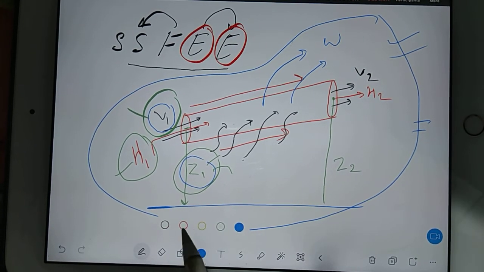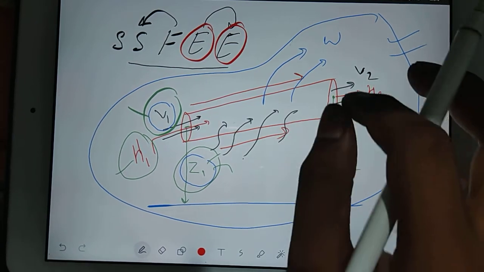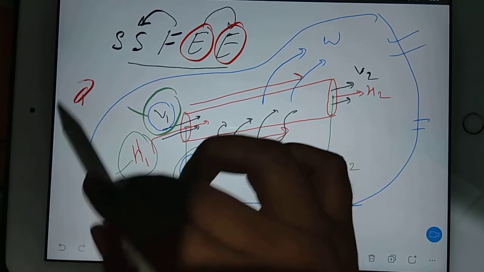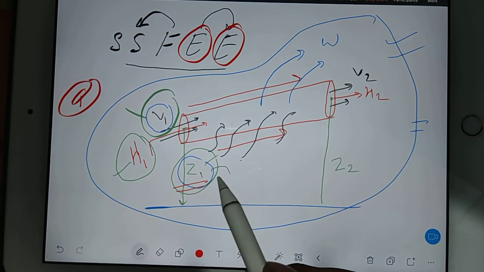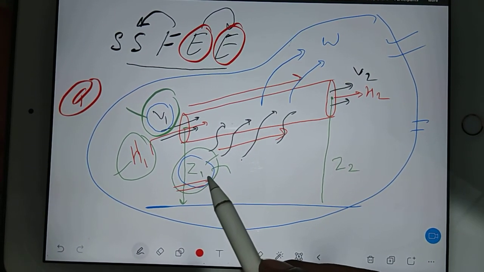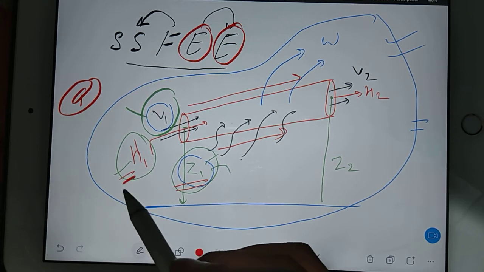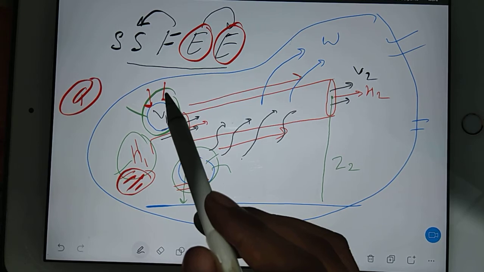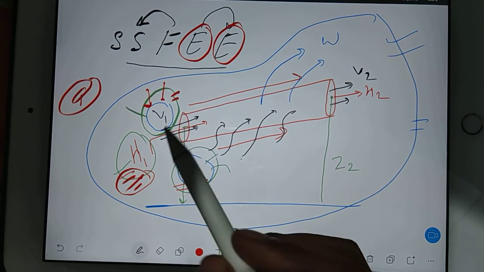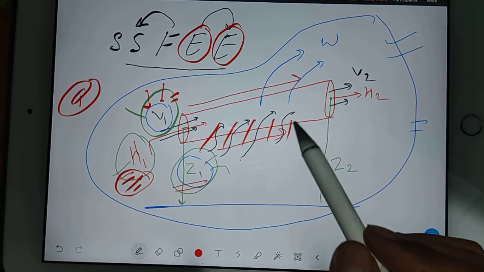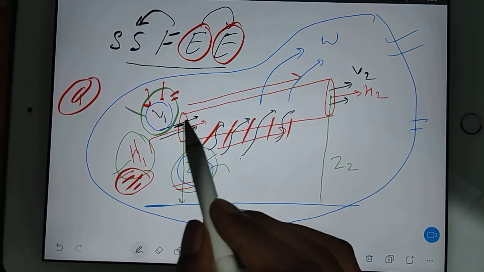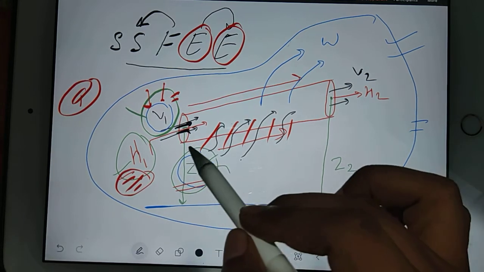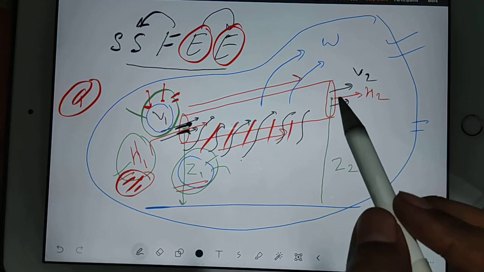Now you see, in total how many energies are going into the pipe? That is 4. Because of Z1 you have gravitational potential energy, that is mgZ1, and enthalpy is H1. Enthalpy is direct energy, and here you have velocity, so velocity you convert into half mv square, the kinetic energy. And after that you have heat also. Why am I not putting heat at the inlet? Because heat is not a point function, it is a path function. So that's why I am showing it just for symbol purposes on the path.